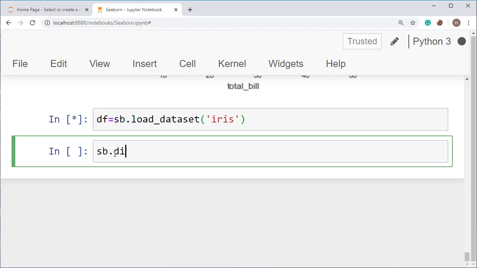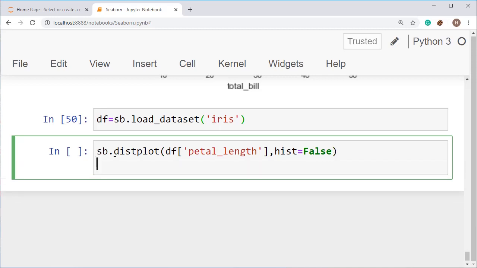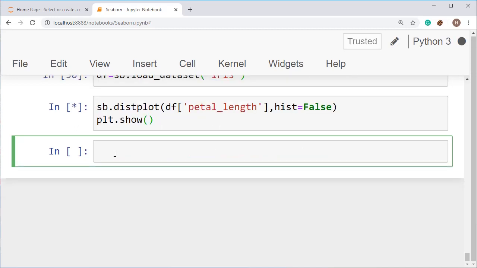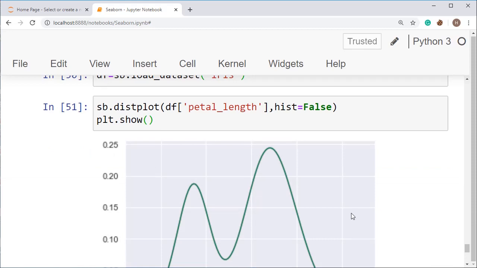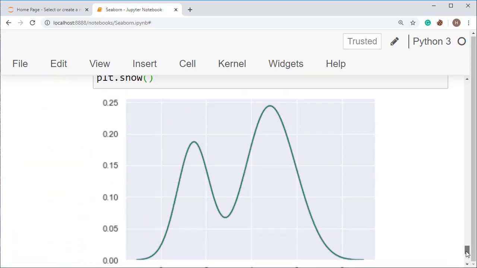That one is sb.distplot and here pass the name petal length. I want the petal length column only, so I'm passing petal length and then I want histogram as false. I don't want the histogram here, so I'm setting it to false. So it will generate a graph of lines. Okay, so see here plt.show and it will sketch out the outer graph. All right, see here, this one is the outer graph in this manner.